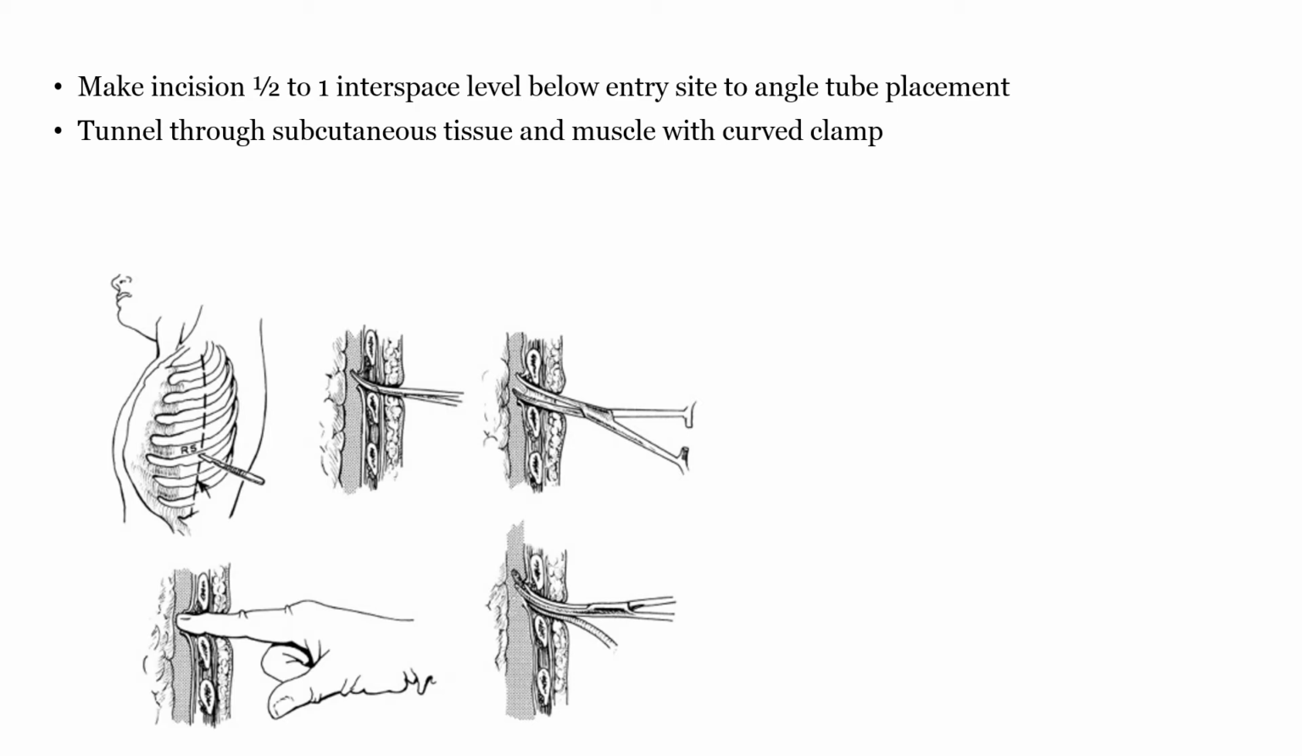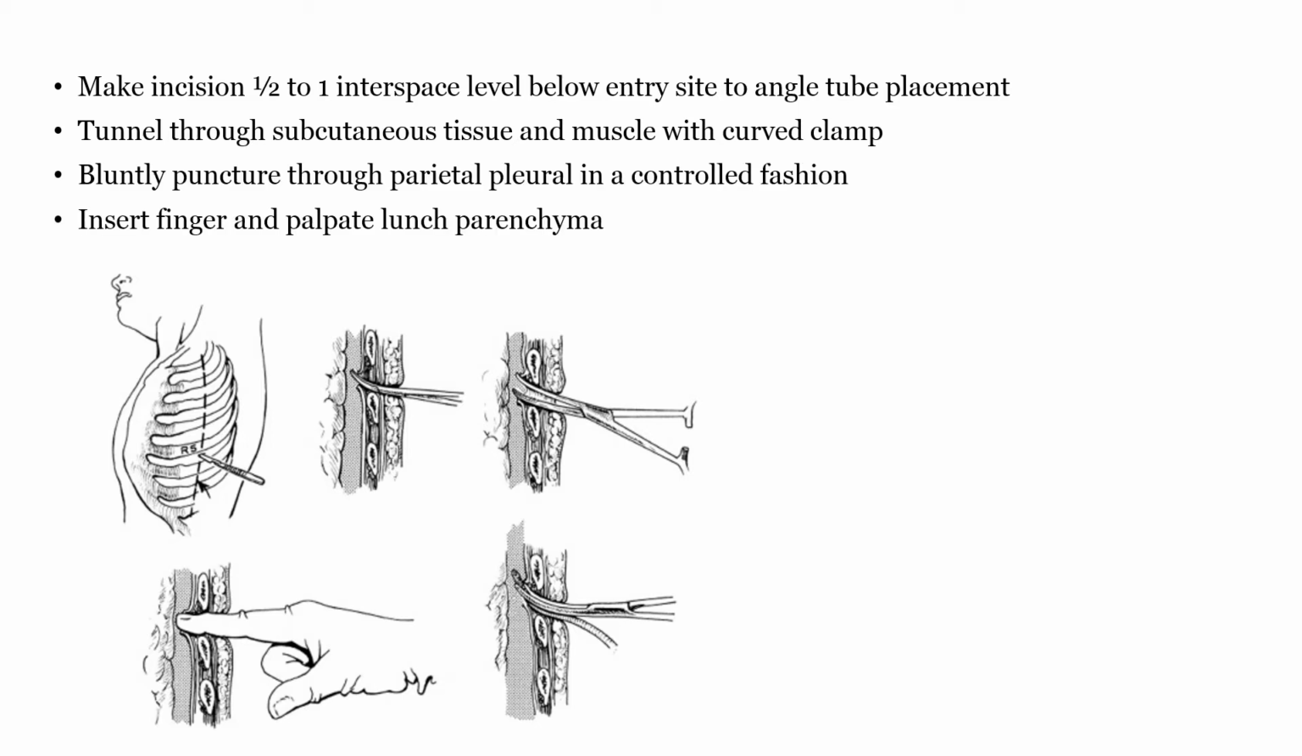Make a small incision about half to 1 interspace level below the entry site, so that the tube is angled a bit. Then tunnel through the subcutaneous tissue with a curved artery forceps, and gently and bluntly puncture the parietal pleura in a controlled fashion so that you don't injure the underlying lung. Then you can take your small finger and palpate the lung parenchyma if you can. Sometimes you may not be able to palpate the lung parenchyma, and then